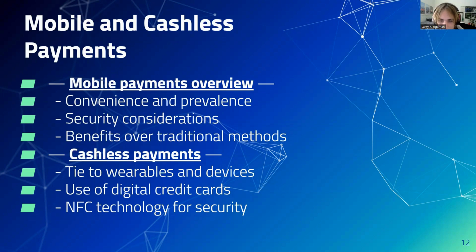NFC can be regarded as secure because it encrypts the information as well as uses two-factor authentication. Encrypting the data makes sure it cannot be read while traveling from the customer to the business, and two-factor authentication eliminates the possibility of stolen identity or information being used to make purchases. Both are security methods that NFC uses in order to